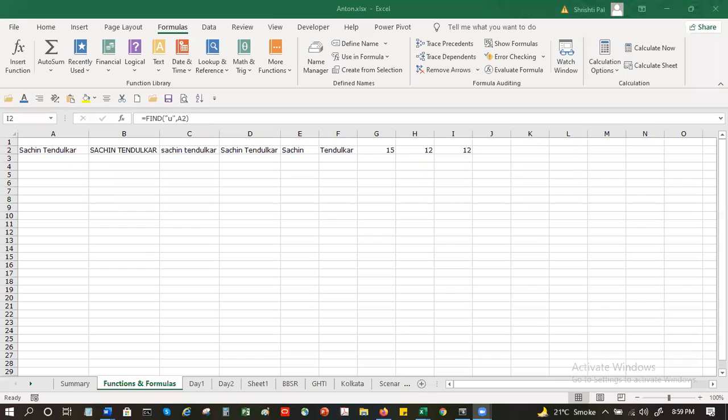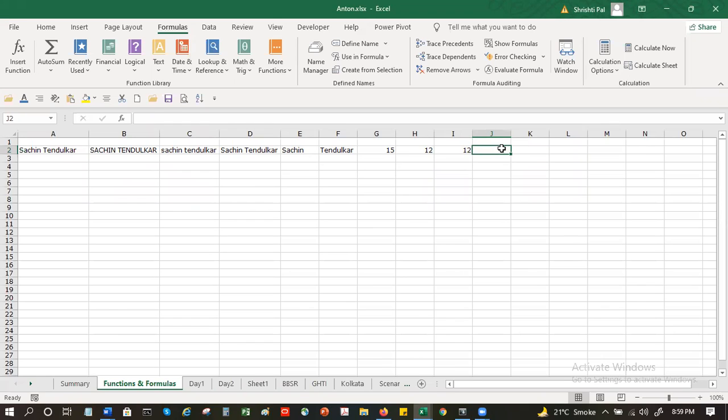Okay. So far we have seen left, right, upper, lower, proper, find. Now, other than left and right, there is also another function. From the left I'm finding so many characters, from the right so many. What if I need something from the middle?